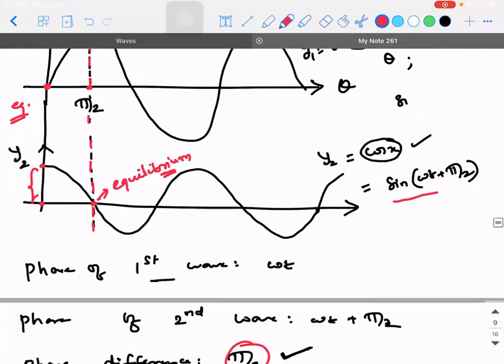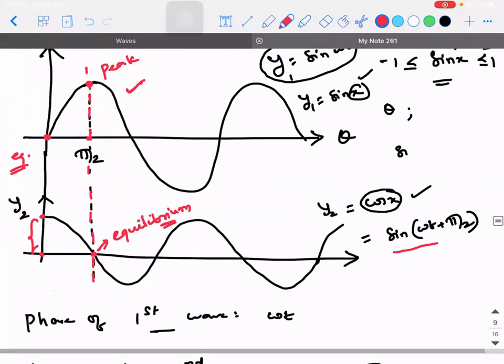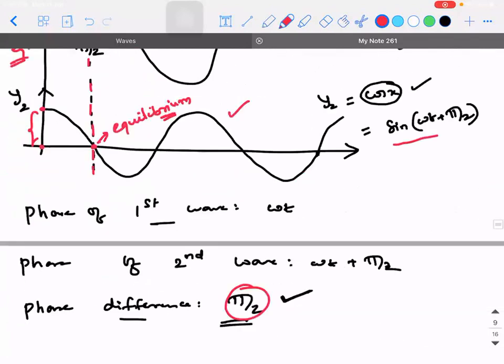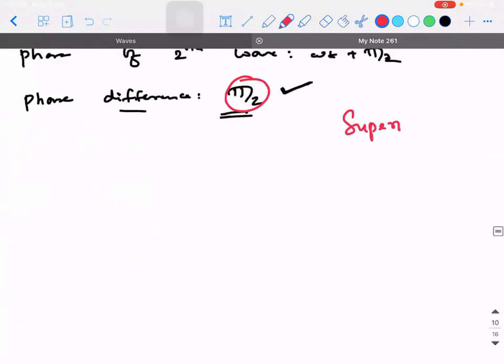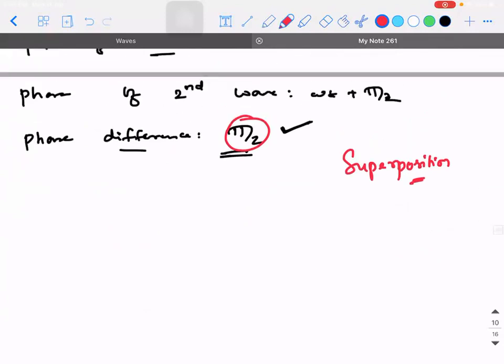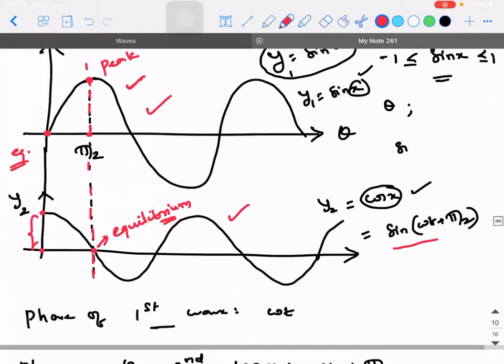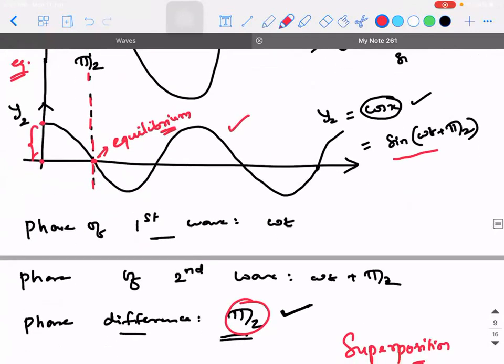It is not only about leading and lagging. Going forward, you will take this wave and mix it with this wave. That's a principle called superposition. That is, you will mix one wave with another. When you do that superposition, you need to understand what will happen at particular points. As of now, have this word superposition and this phase concept in mind. Don't think too much. I'll explain all those things. The basic is clear, right?